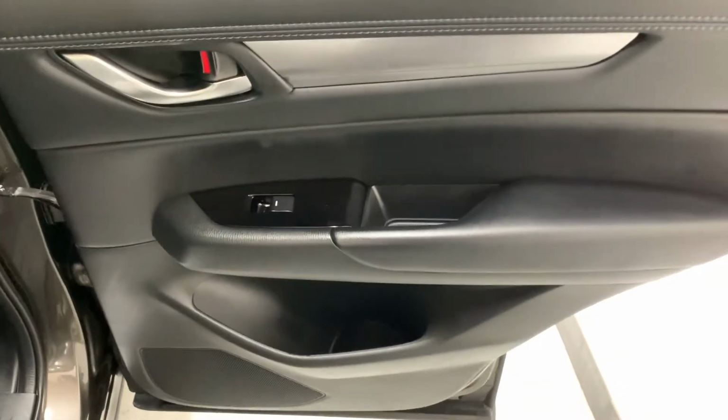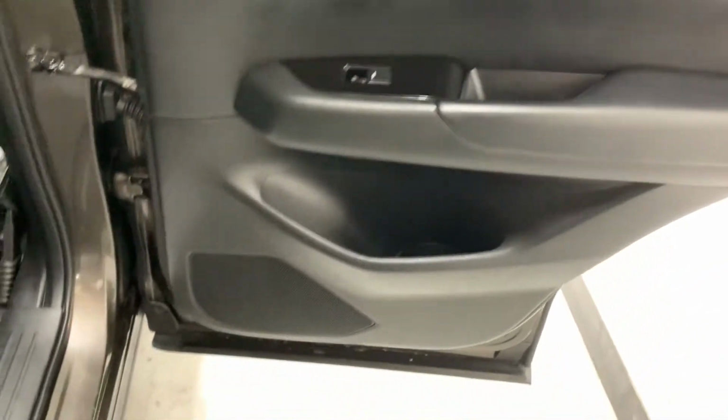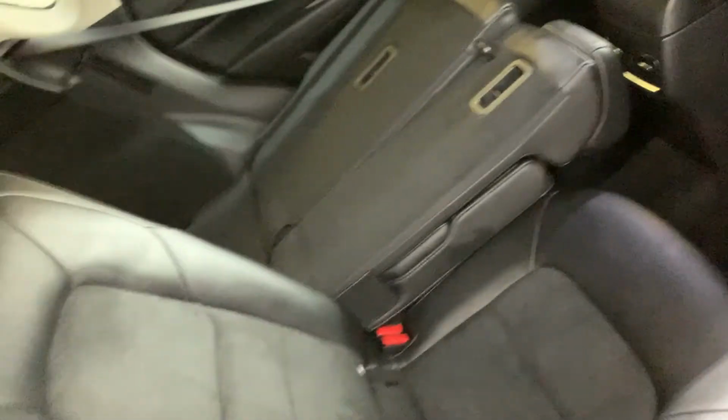For the rear interior, we have your power window switch right below the door handle, some storage along the bottom by your speaker as well. So with all the seats down, you can see just how much storage space there is in the back. And then to put it back up is just as easy. You can grab it anywhere, pull it up, locks into place, and we do that for all 3,